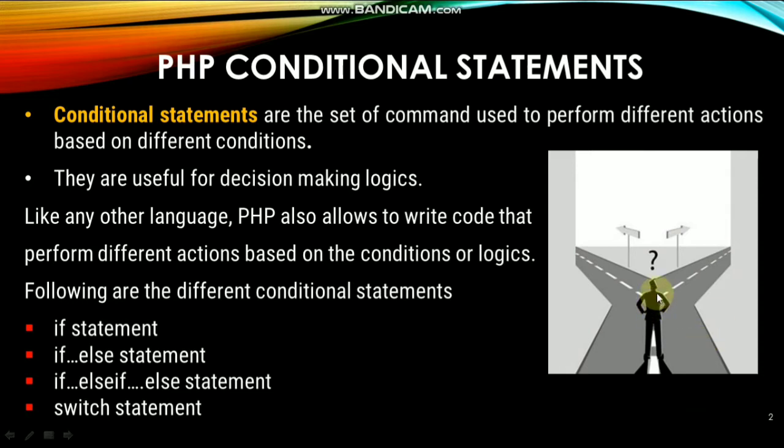If you want to go to a place, you know your destination, and for that destination you may have several ways to reach it. Among all those ways you should choose one, and that should be the shortest way to reach your destination. You should choose which path to go. So this is one of the best examples for a conditional statement.